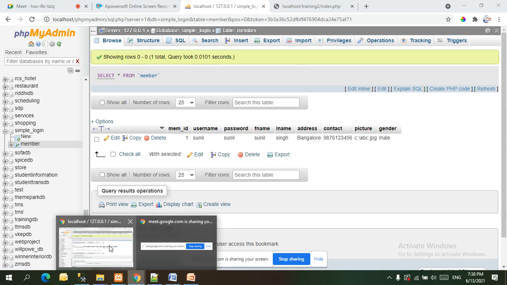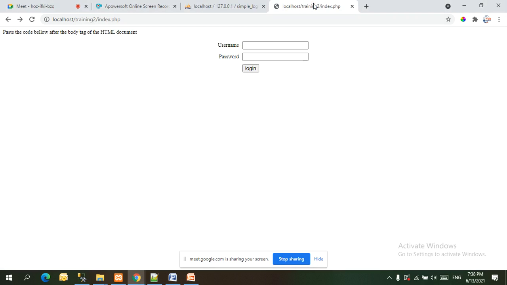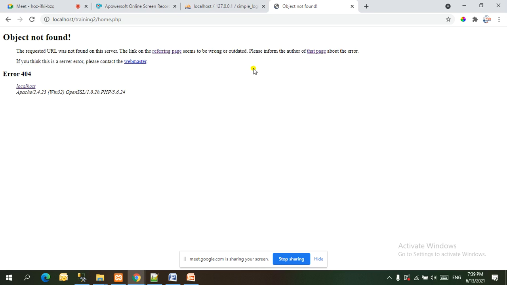So let's try login here, giving the username Sunil and password Sunil. So what happened? Object not found. I haven't completed all of the page. Okay, this login is successful already.